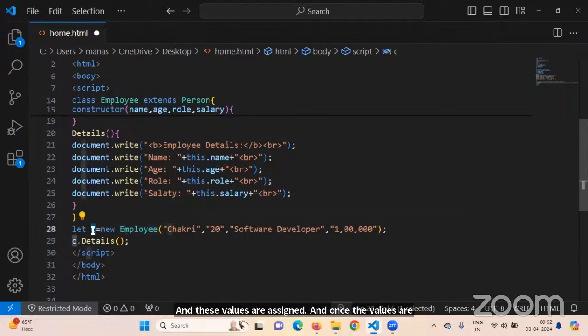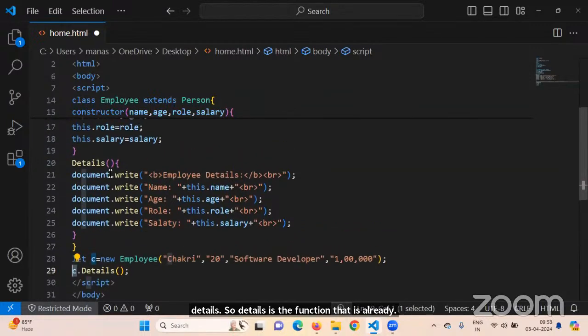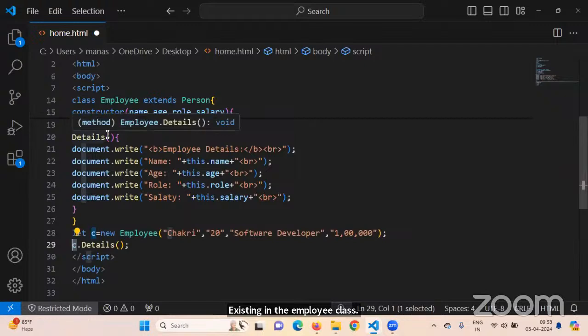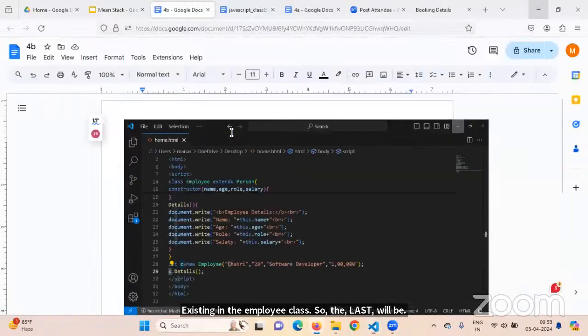So c is an object of type employee. Now by using this object dot details, details is a function that already exists in the employee class. So the employee class will be invoked, details will be invoked, and these things will be displayed. So if you try to run this code,